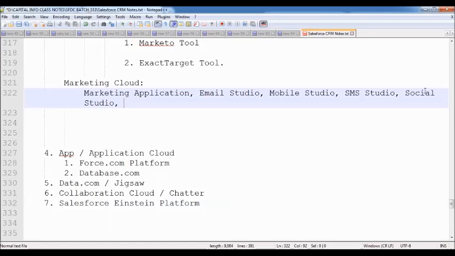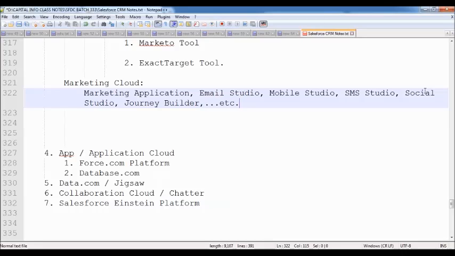After that, Salesforce has given a feature called Journey Builder. Journey Builder is a feature which is used to synchronize the data between Marketing Cloud and Sales Cloud.